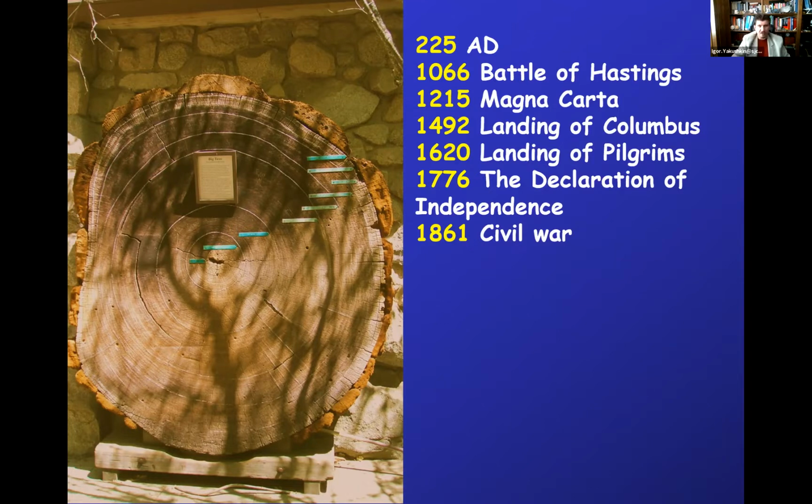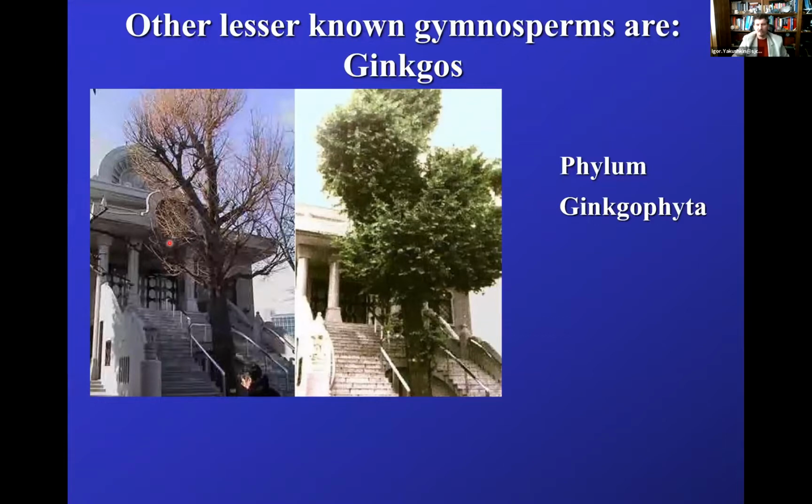All right, here's another one, less known, ginkgos. I already talked about the ginkgos, and this is how the ginkgo tree looks during the fall or winter, and this is the ginkgo tree during the spring and the summertime. Very, very interesting group. The whole phylum contains right now only 1 species, known as the Ginkgo biloba, because the leaves are very, very characteristic, and they are commonly referred to as the dog foot shaped leaves, 2 parts of it.